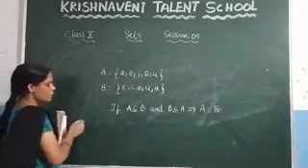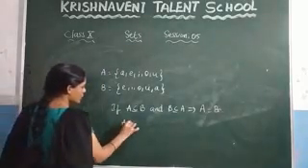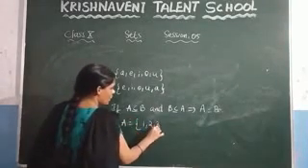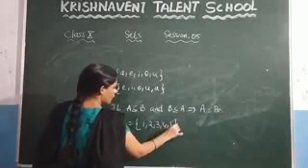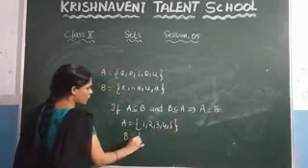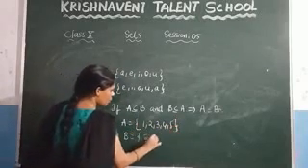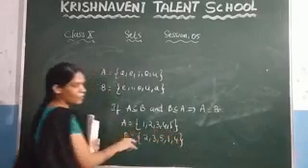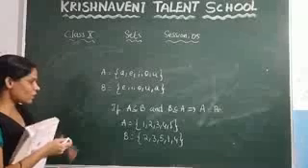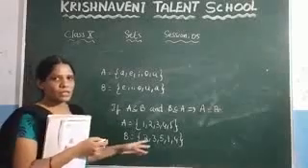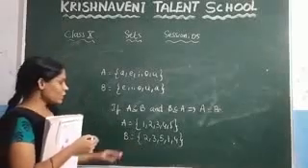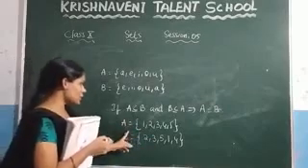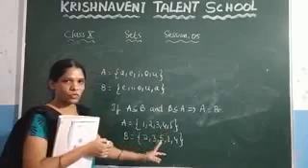Let us consider one more example here. Consider the set A is equal to the set of natural numbers up to 5. Consider the set B is equal to {2, 3, 5, 1, 4}. If you have been given these two sets, you want to check whether these two sets are equal or not. You just need to check whether these two sets contain the equal elements or not. Here you can observe that this set contains the elements 1, 2, 3, 4, 5.